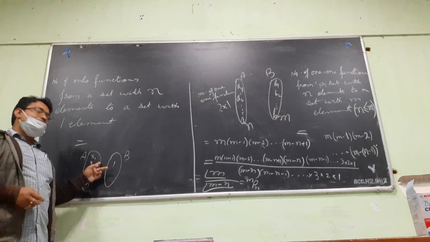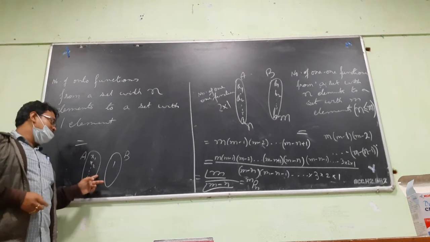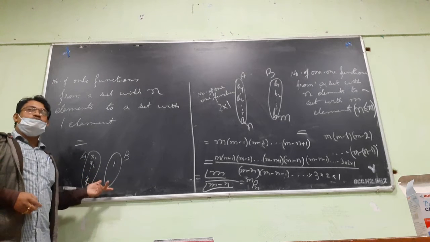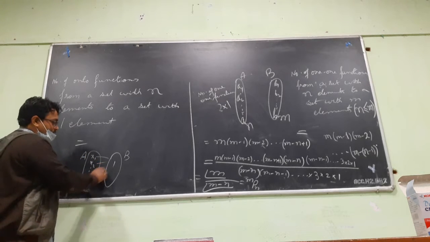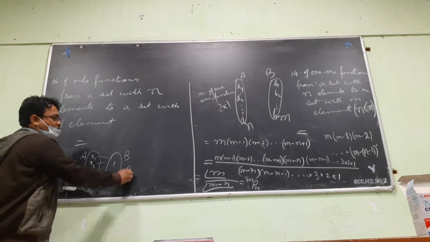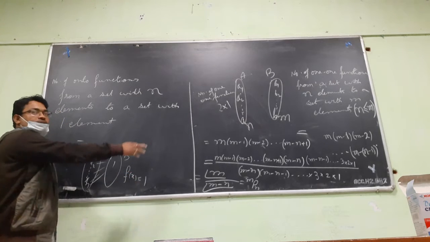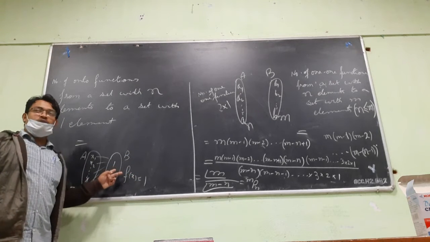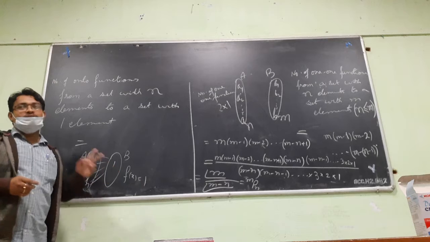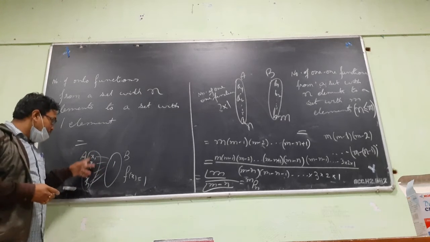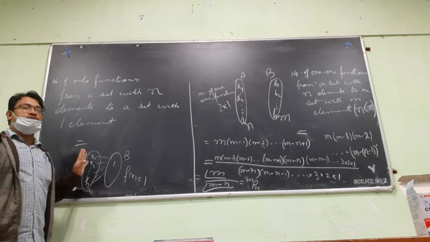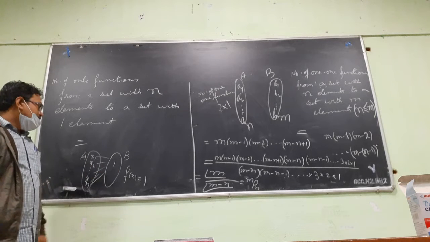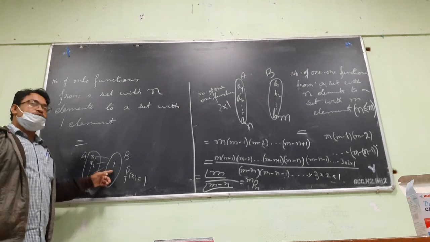The first element can be mapped in one way. Second element also can be mapped in one way. So it's 1 to the power n, only one function. Everything goes to one, f(x) equals 1 for all x. If the codomain has only one element, then no matter how large your domain is, you can construct only one function. That is the constant function. So for more functions, you need at least two elements.